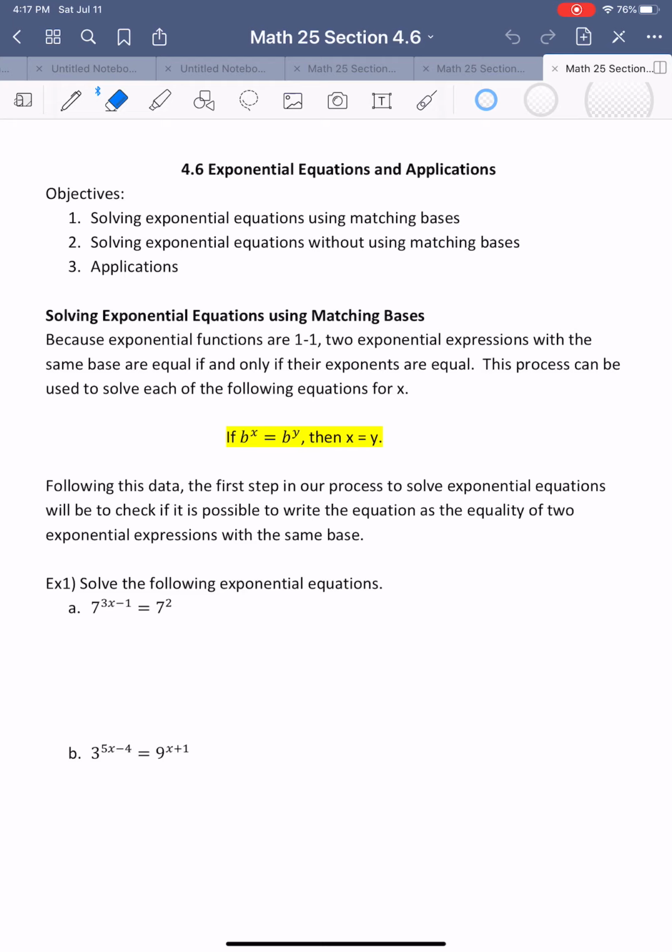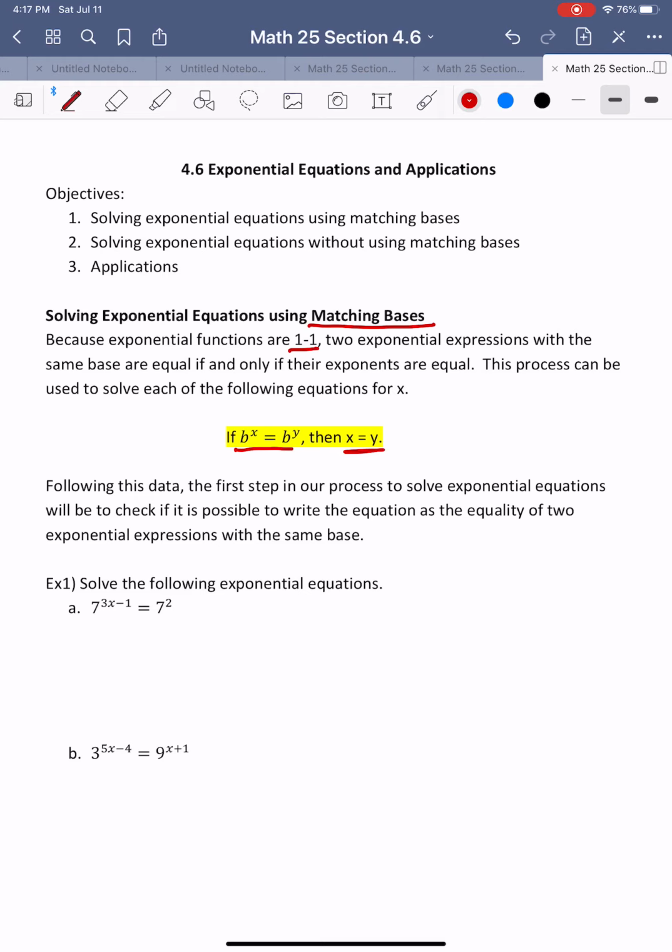So, solving exponential equations using matching bases. Exponential functions are always one-to-one functions, so two exponential expressions with the same base are equal if and only if their exponents are equal. That is, when you have b to the x equal to b to the y, as long as both sides have the same base, if x and y are equal, then the values are equal. So following this, the first step in our process of solving an exponential equation will be to check